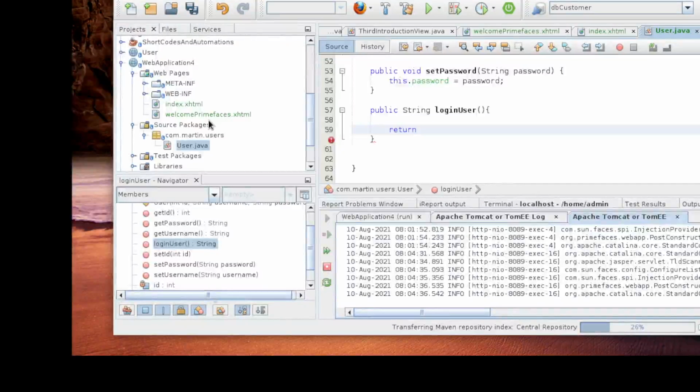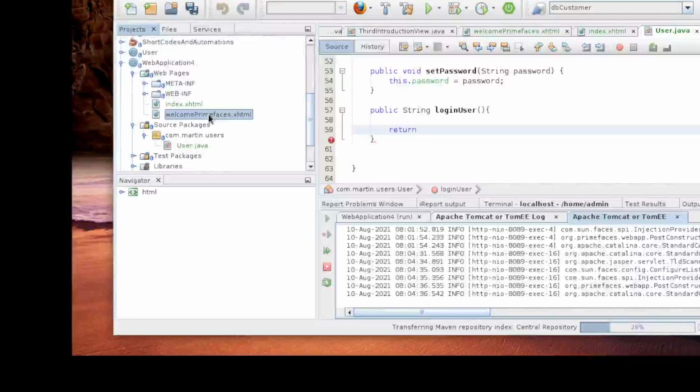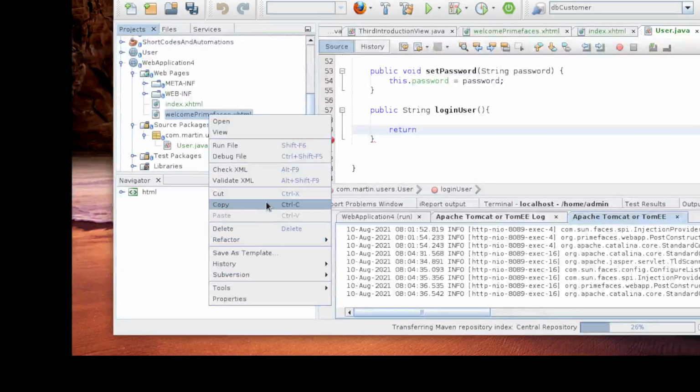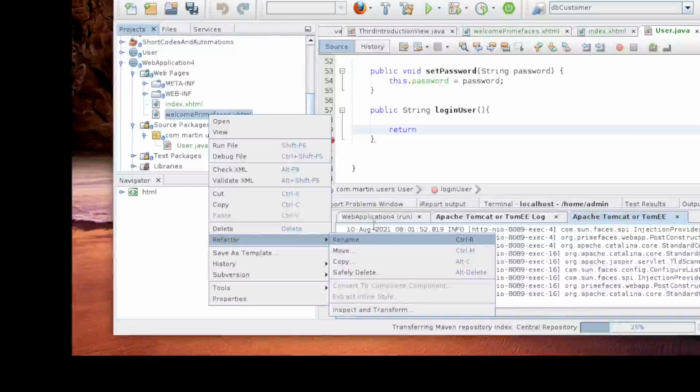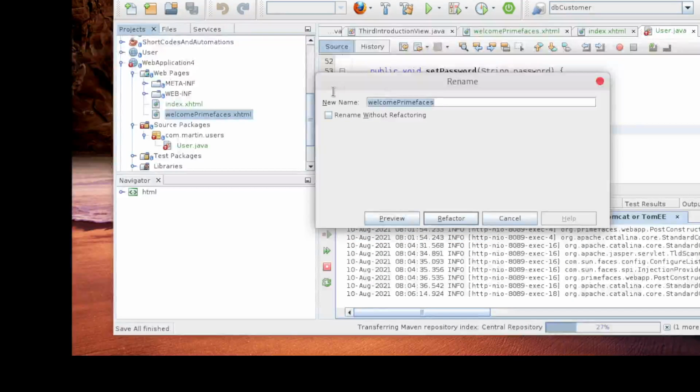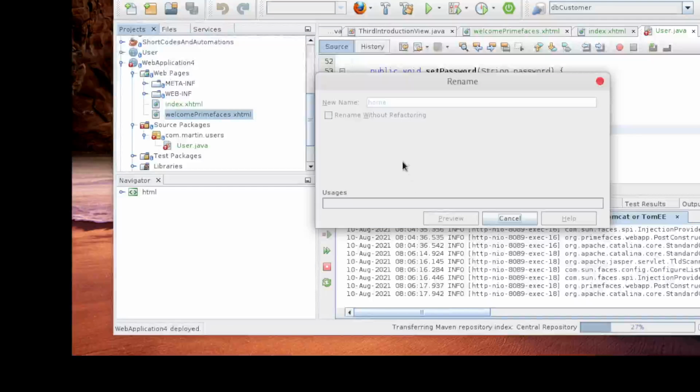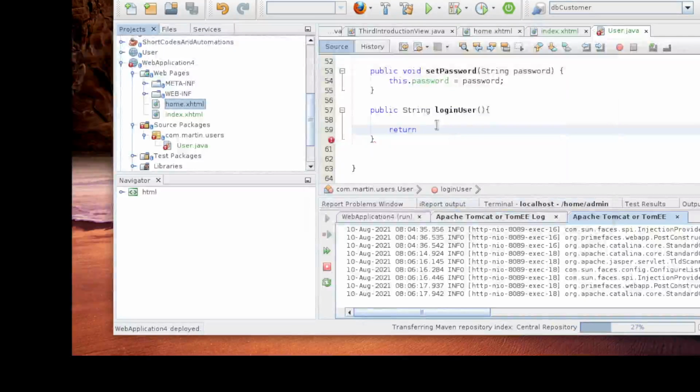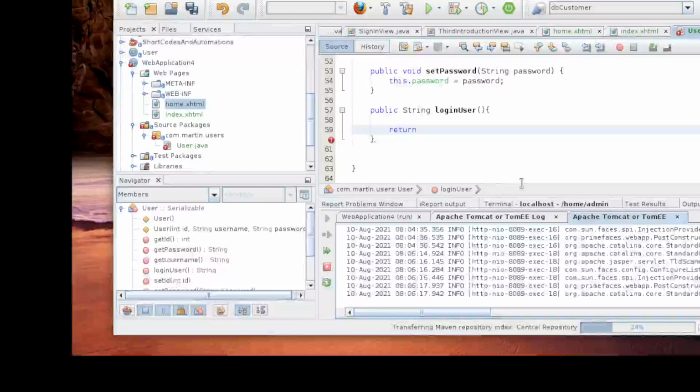So return. Okay, you have the other page here, the one that was created for us. So you just rename it to our home page. You just call it home. Okay, so that's the page you'll be returning here. So we will say return home. You can put the extension or you can return it just as it is. For now, let's just specify the extension. So there it is. If you click on that button, it will return this page.